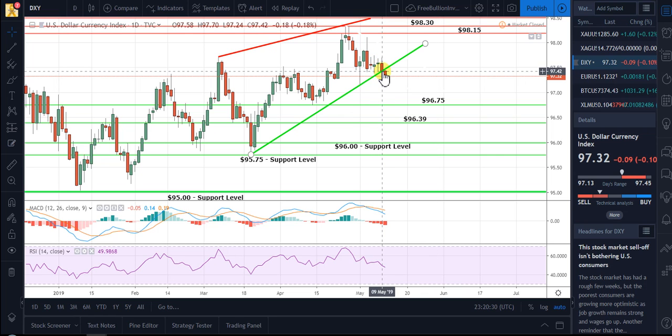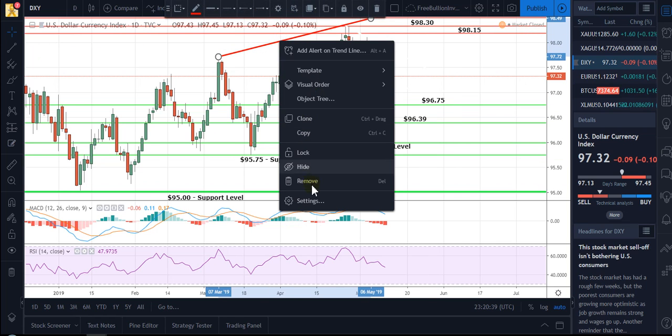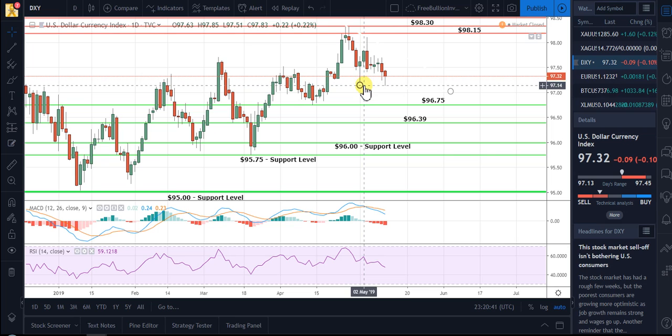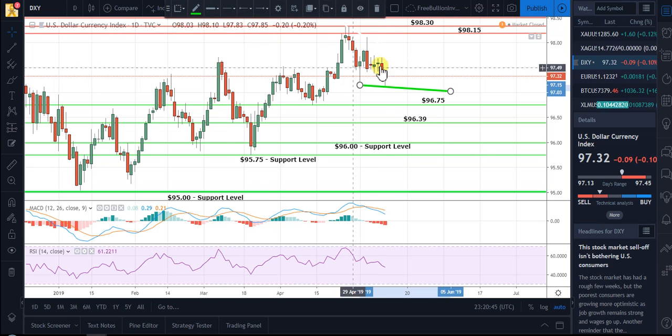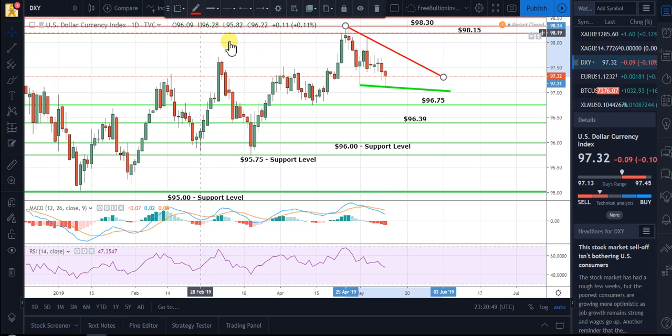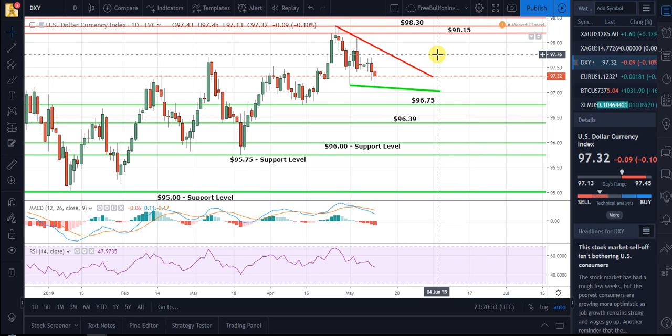So in that loss of value, it confirmed the rising wedge pattern. Now, that will remove the negative pattern in the US dollar. Now we have a new falling wedge pattern in the US dollar. It is a positive pattern, but I can tell you, as far as positive news coming out of the US,